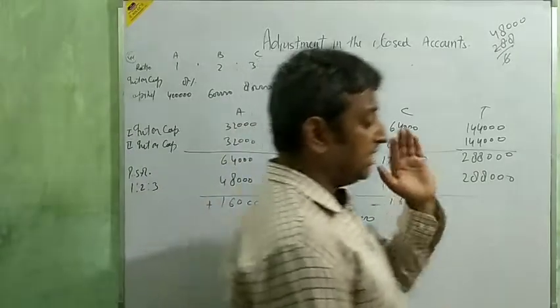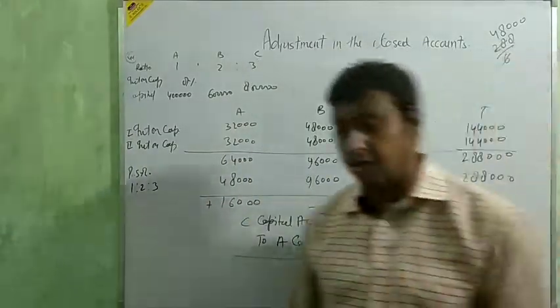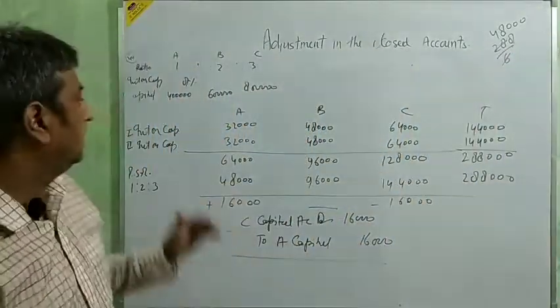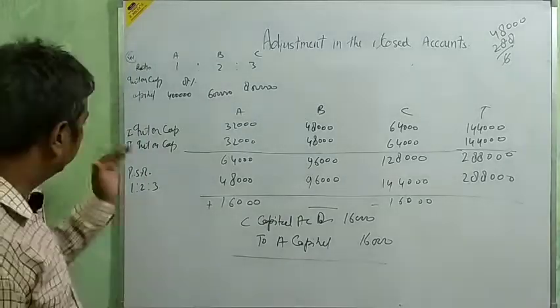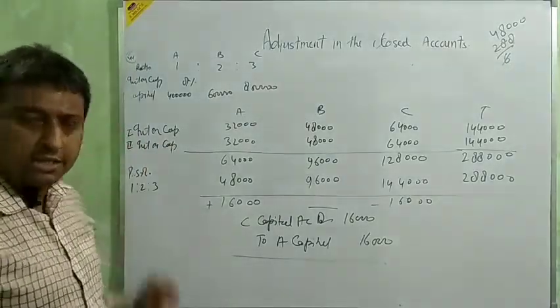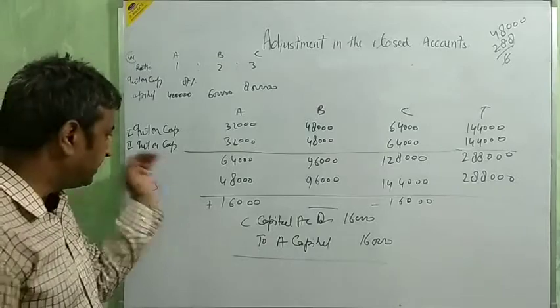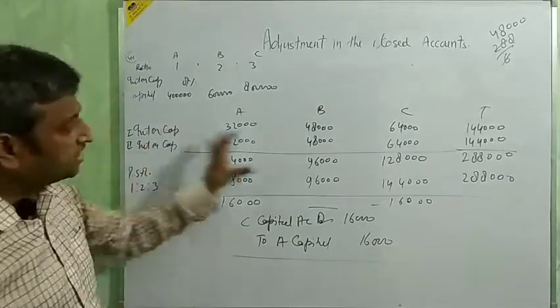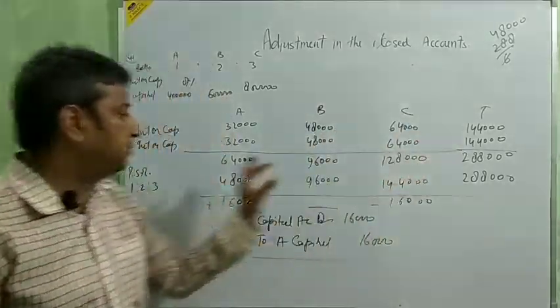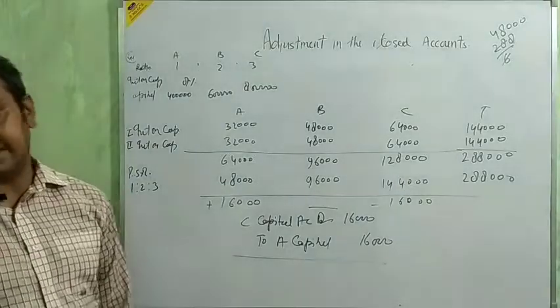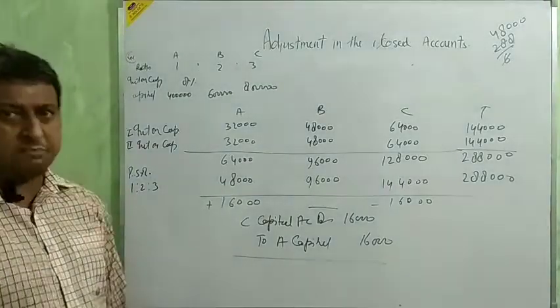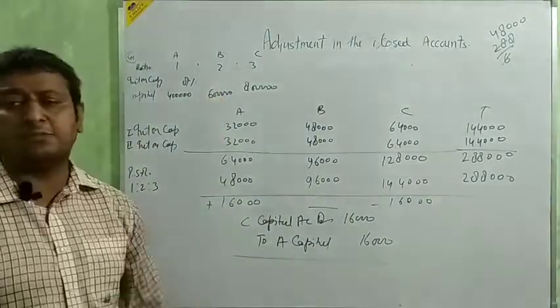In this way, we are going to utilize all of it. If any other case, interest on capital is given, or salary is given, then salary; if commission is given, then commission. Show all the things, then total, then distribute in the profit sharing ratio. Okay, beta? And a more very important thing: these are all expenses.